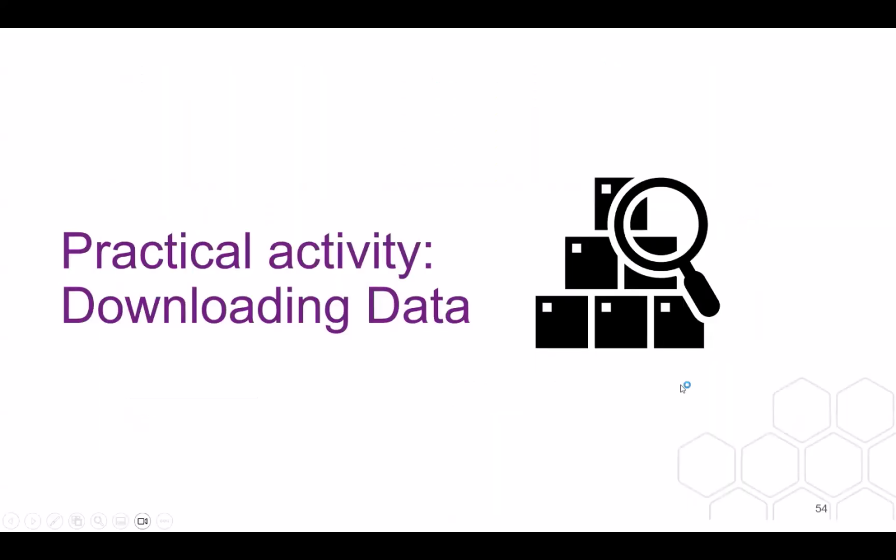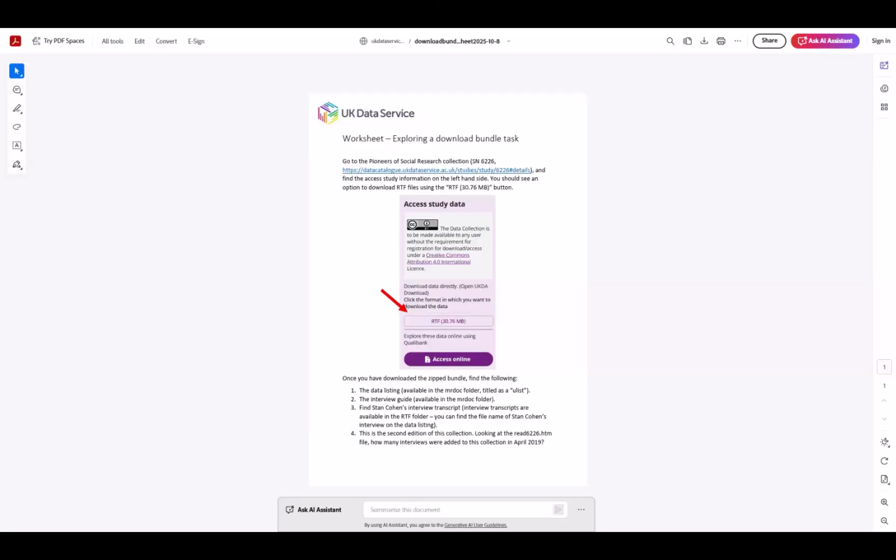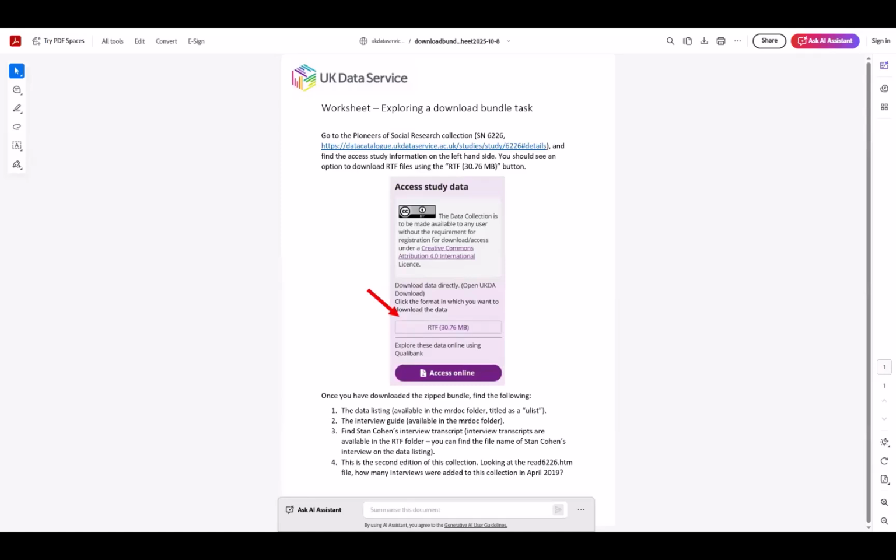Okay, so we've got the last activity for today. Emma will pop the link for this in the chat, and Alle is now sharing it on the screen. We're going to ask that you download